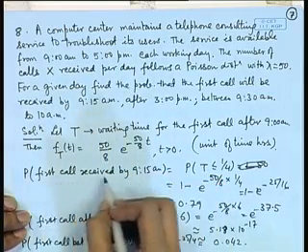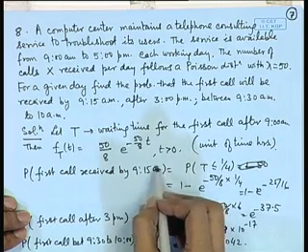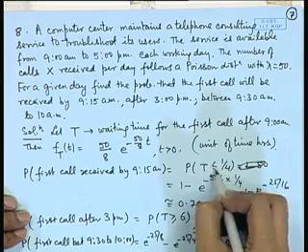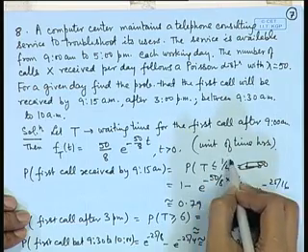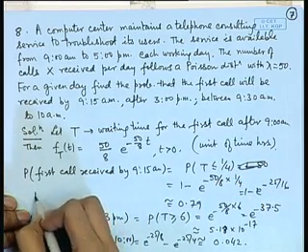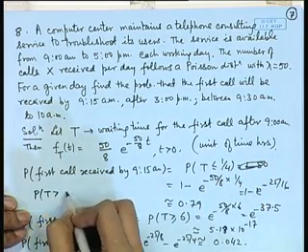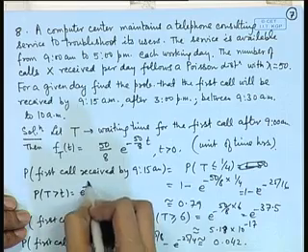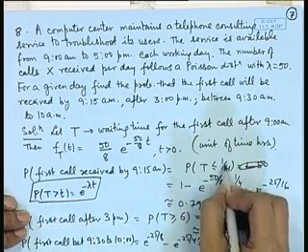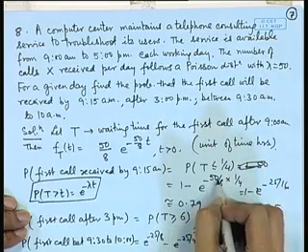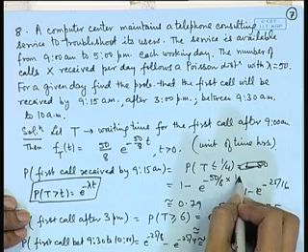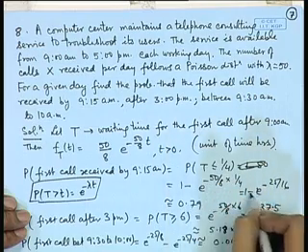What is the probability that the first call is received by 9:15? That means in a quarter of an hour. That means what is the probability of t less than or equal to 1 by 4? This unit of measurement is in hours. Now we apply the formula for the exponential distribution. Probability of capital T greater than some small t is equal to e to the power minus lambda t. So, using this formula, probability of capital T less than or equal to 1 by 4 is 1 minus e to the power minus lambda t, where lambda is 50 by 8 and time is 1 by 4. After simplification,